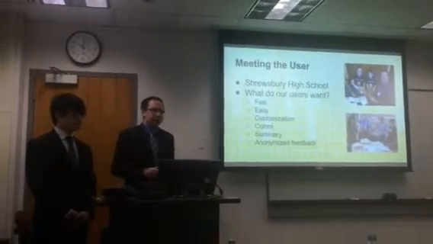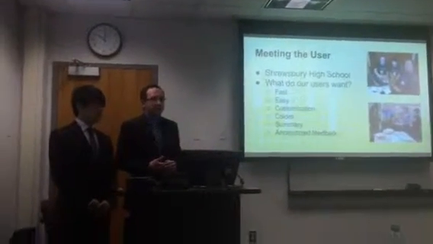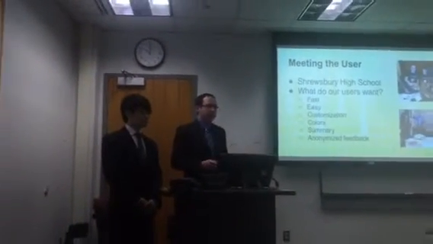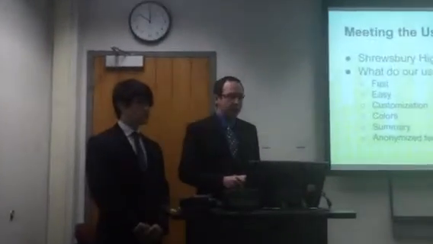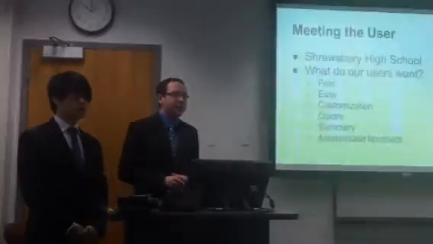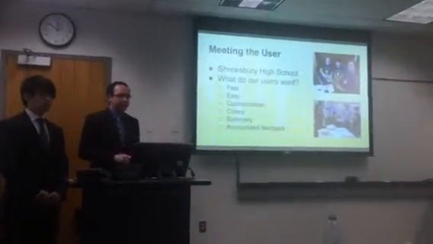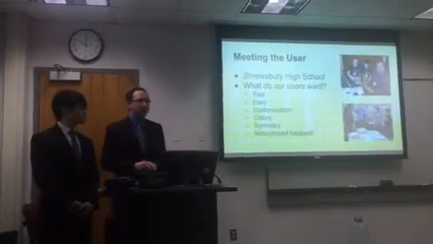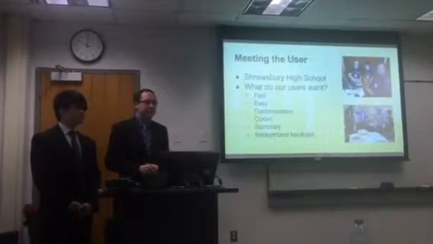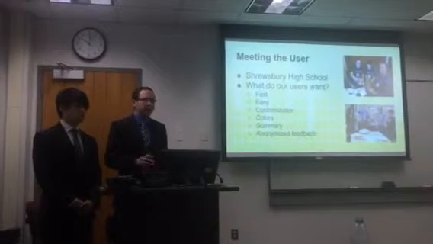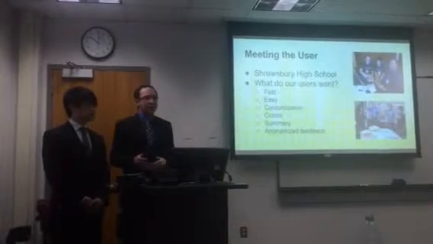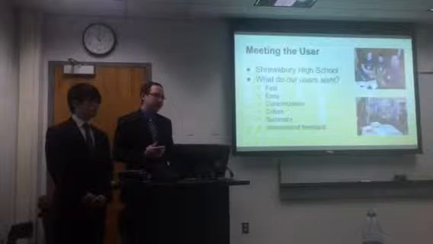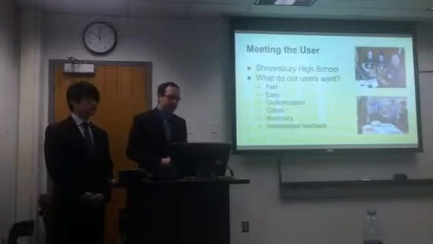It needed to be customizable because each essay is different, and each class has different requirements. And one of the interesting features that we had not even considered, but was very popular, was the use of color for different types of rubric categories, and anonymized feedback. The idea being that students don't want to give honest peer review feedback if they know that their name is going to be attached to it. They want to be nicer to friends or peers in the class.